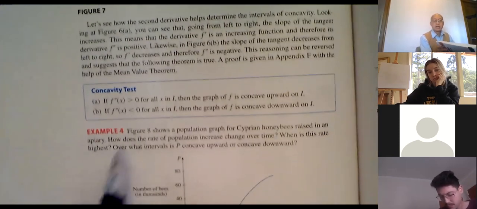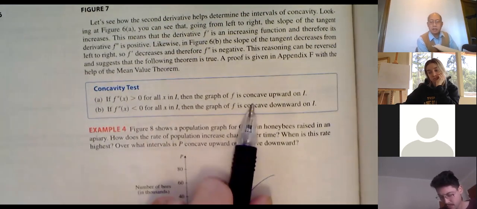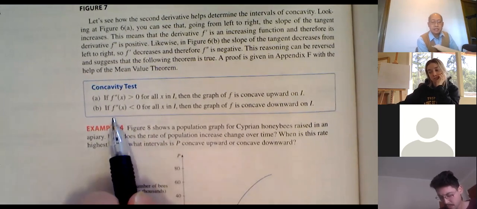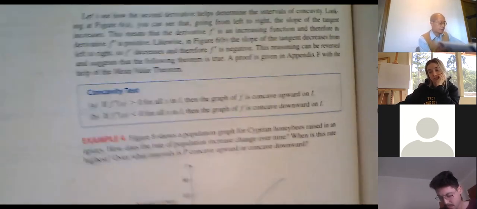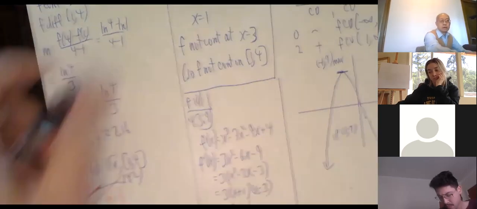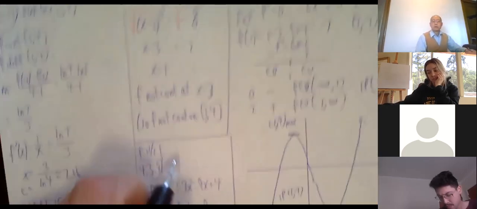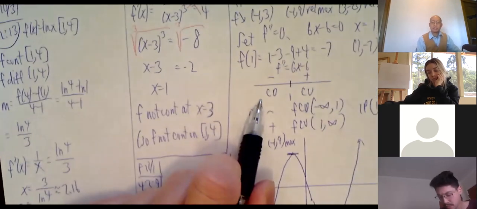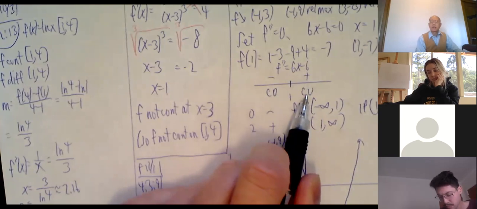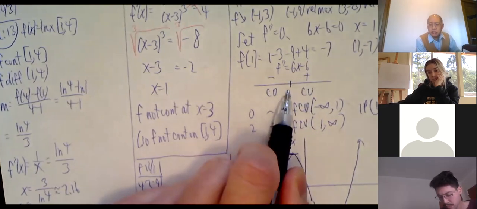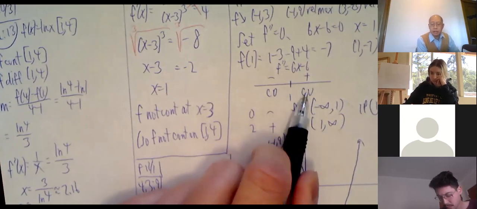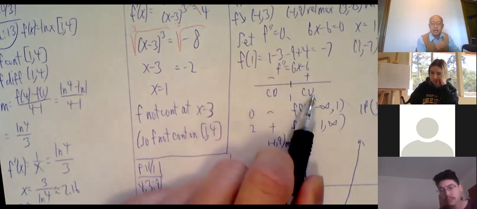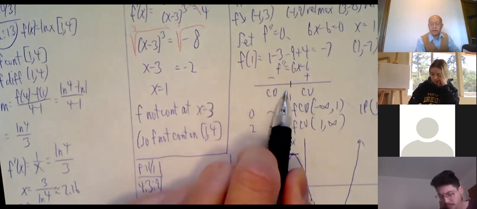Page 296. Second derivative positive, concave up. Second derivative negative, concave down. Okay, second derivative negative, concave down, CD. Second derivative positive, concave up. So is this an inflection point? It is an inflection point because there was a change in concavity. But let's say this is CD and this is still CD, then this would not qualify as an inflection